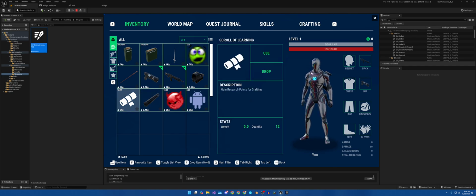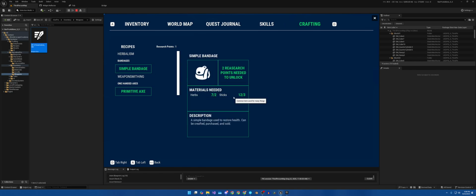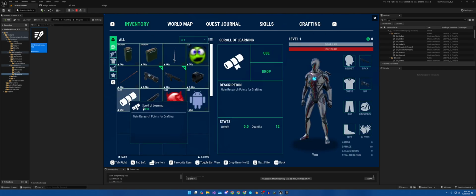So as you can see, we have a scroll. We have our sticks. We have our stone. And we have our herbs. Come in here to crafting. Bandages. We have everything we need to do that. We're just missing research points. So let's go ahead and change that. If we come in here into inventory, click to use. Oh,